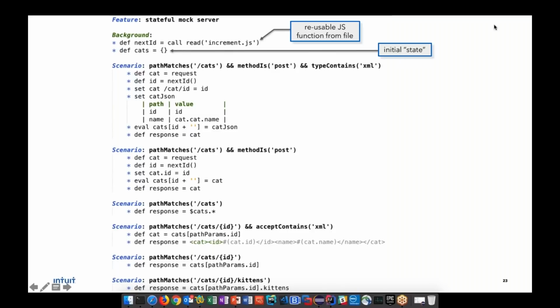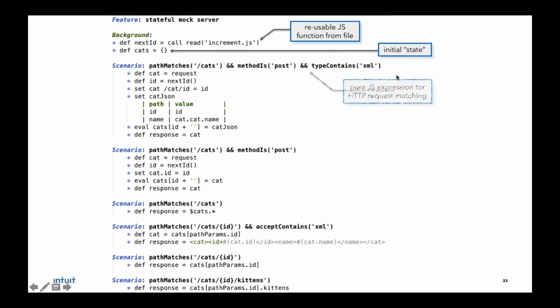You can use JavaScript from a file, and you don't need to, but this is great for reuse if you have some really complex business logic. Nothing prevents you from diving into JavaScript if you need to. I think this is the biggest deal about Karate, right? The fact that you can have, in this case, a JSON object. Think of a JSON object as a hash map. You can maintain this global variable that is the state, and you will see in the next few parts of the slide that we use that state in a moment.